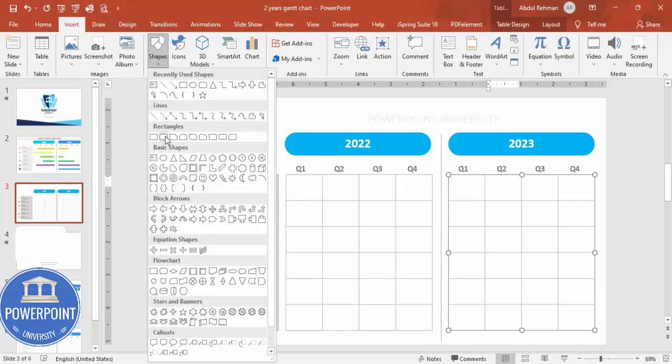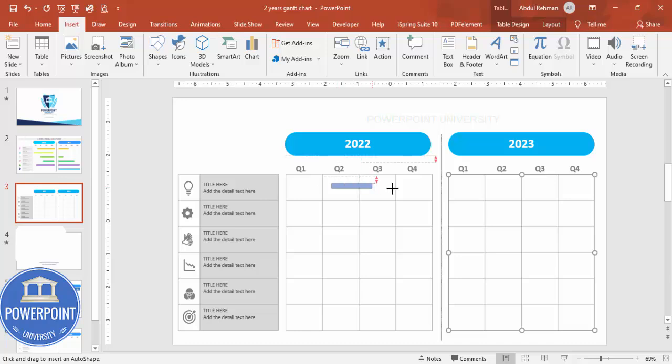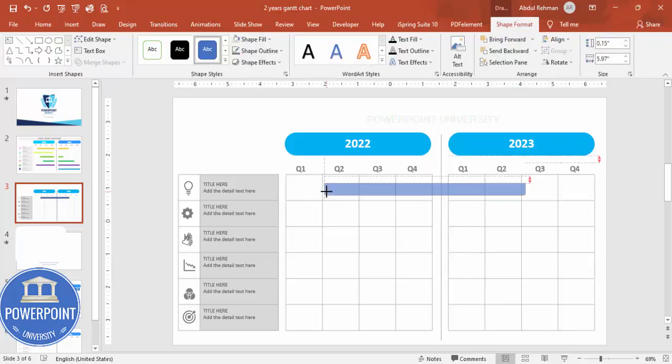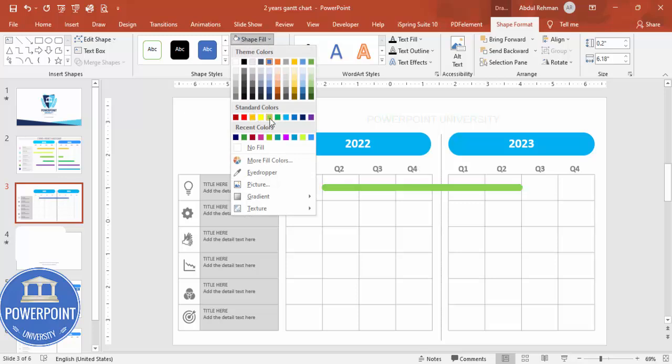I'm going to select the rounded corner rectangle, draw the rounded corner rectangle from Q2 to Q2 of 2023. Okay, you can make it fully curved, reduce the height. You can see here, and you can give no outline,